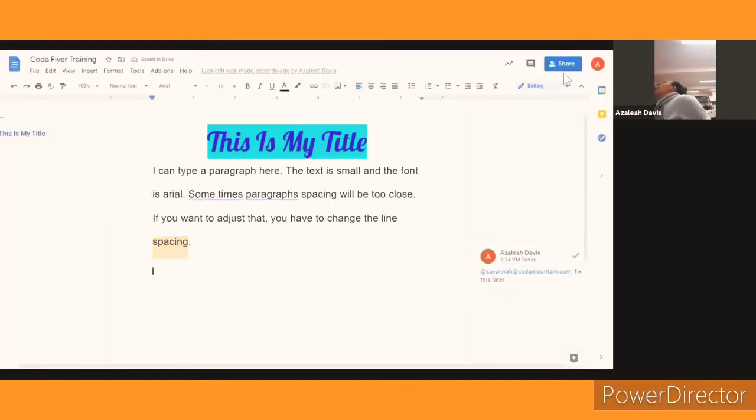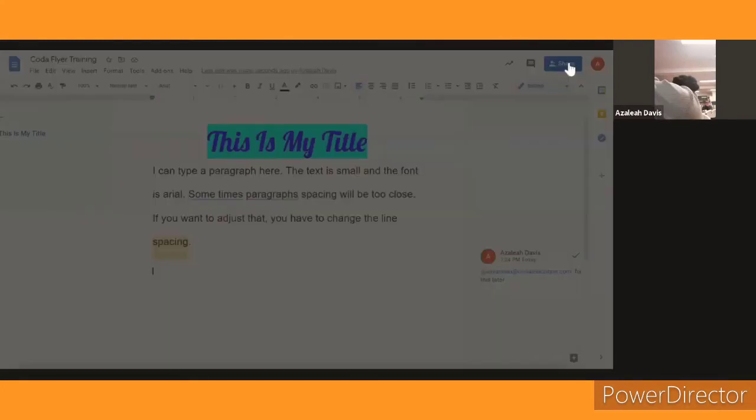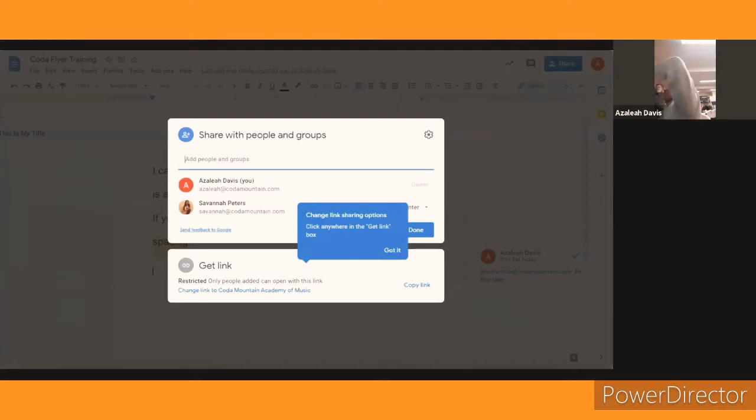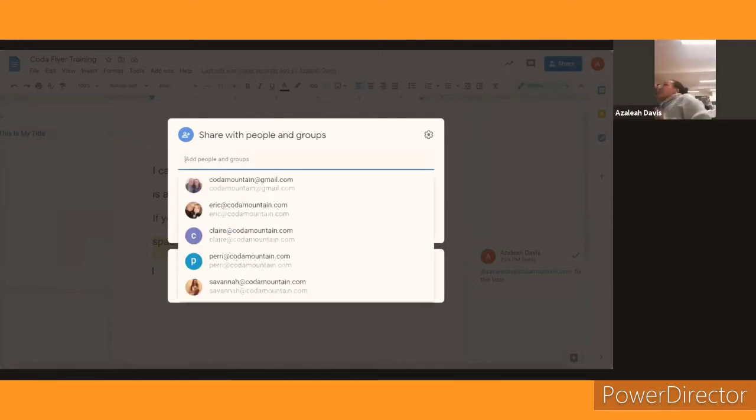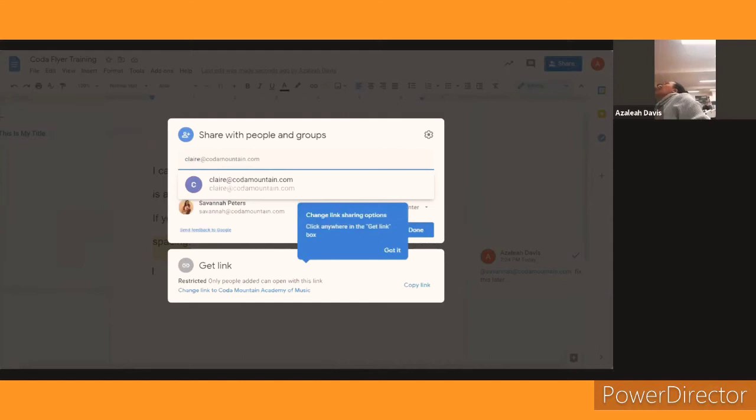Okay, then she'll be able to see that. So in order for her to be able to look at your document, or anyone, you have to go up here to the right-hand corner and hit the share button. And when I click on the share button, right now, it's going to show you who all is able to see the document. But if I wanted to add another person, like Claire, I would just start typing in her email address, and